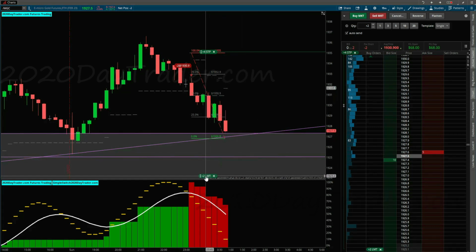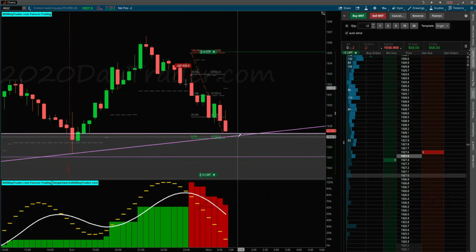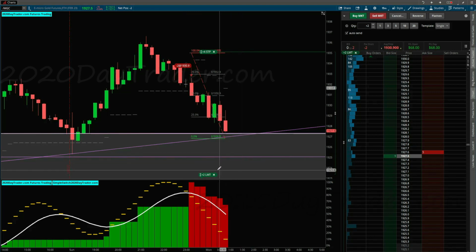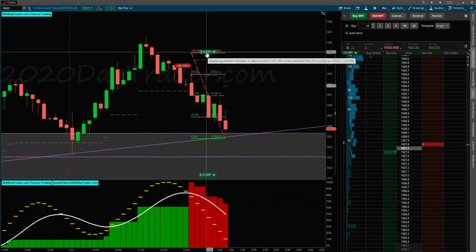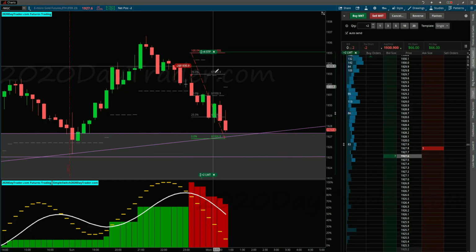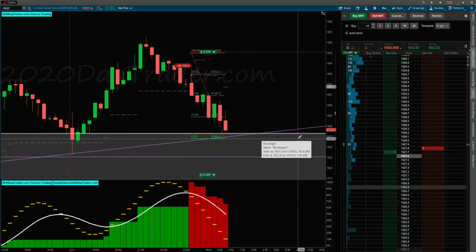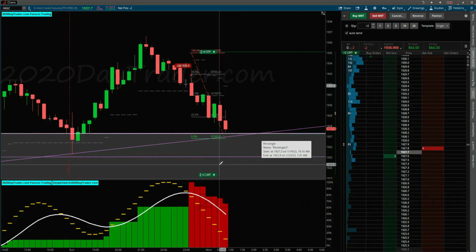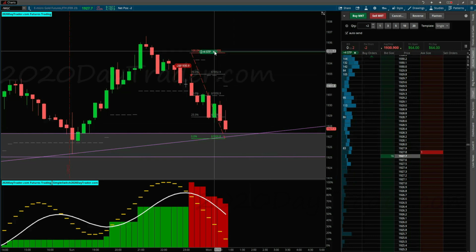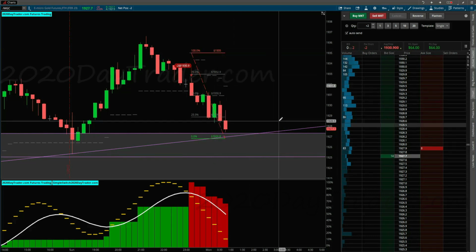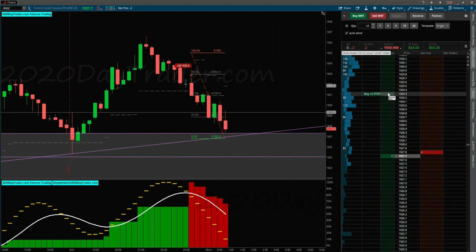Actually, we're just going to go ahead and move this down here for now, because if it does break this, it could break it big. So we're going to do that, and then I can move my stop. I just need to make sure that I take away the 4 when I do this. What I could do, if it boosts, yeah, we'll just do this. We're going to take this order off right now, and we're going to go to break even, and we're going to put our